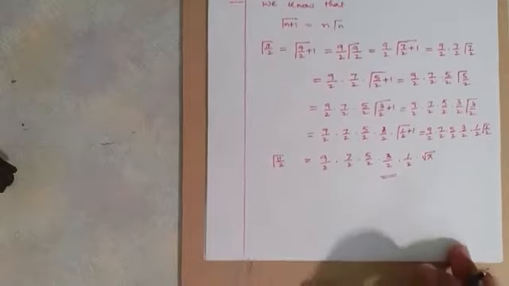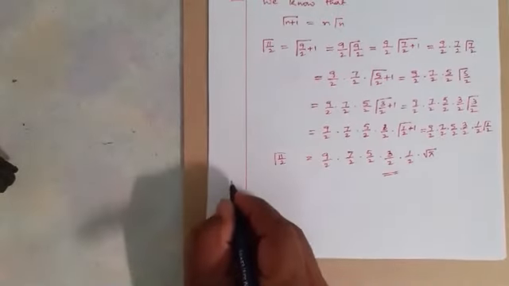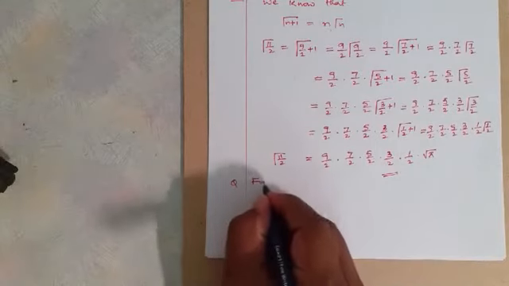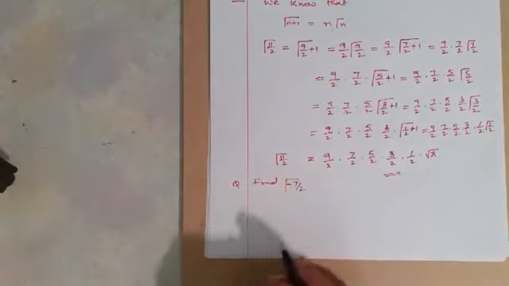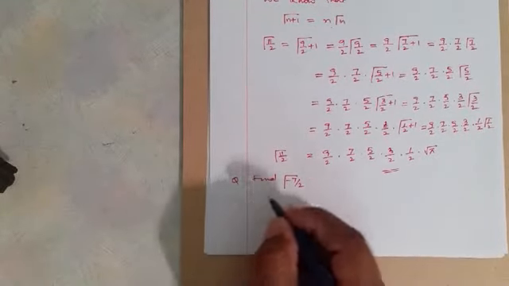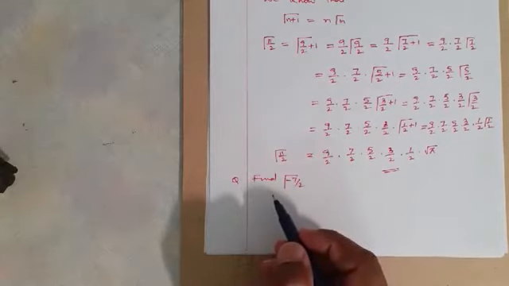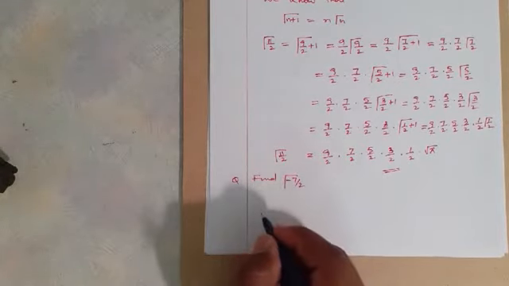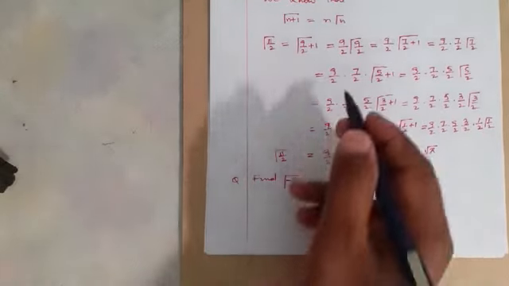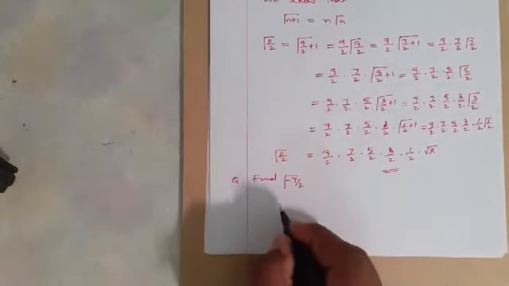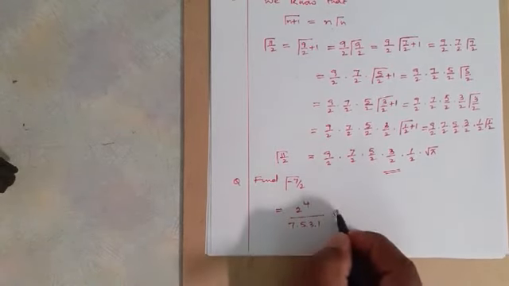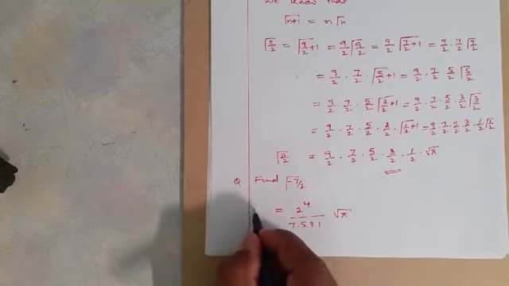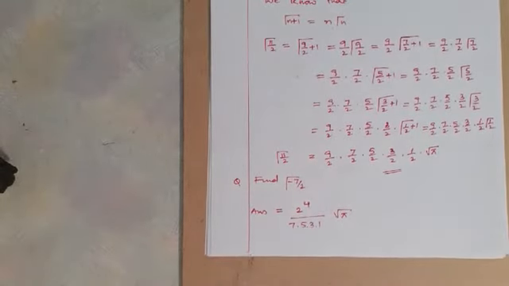Let us do this here. Now the next question is find gamma minus 7 by 2. Now again, what we did in the previous, we do the same here also. So I hope you will do this as homework. Use the same method we used here and you will get the answer. I'll write the answer here as 2 power 4 upon 7 into 5 into 3 into 1 into root pi. This is the answer you get for this problem. You try at home.